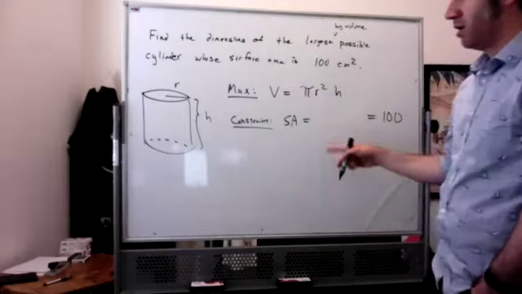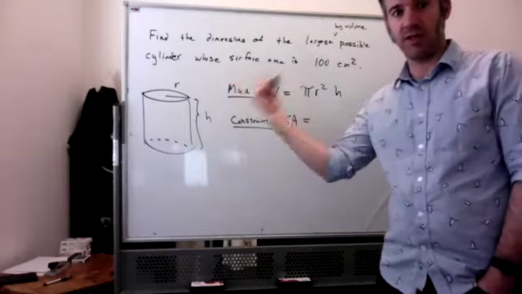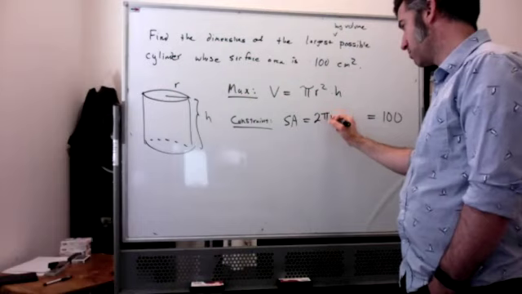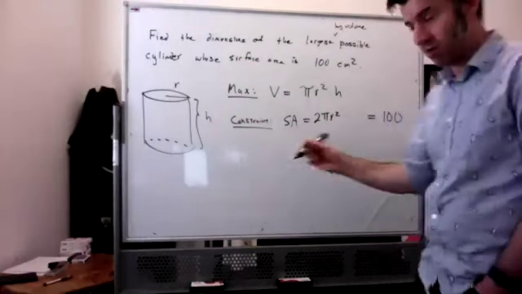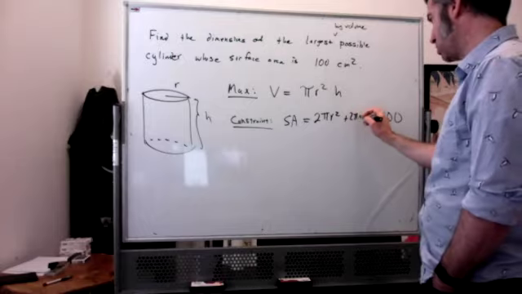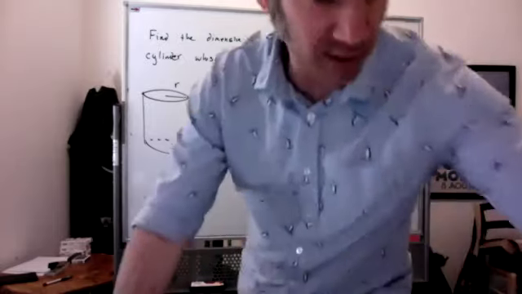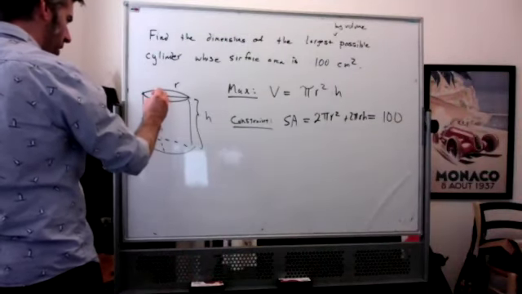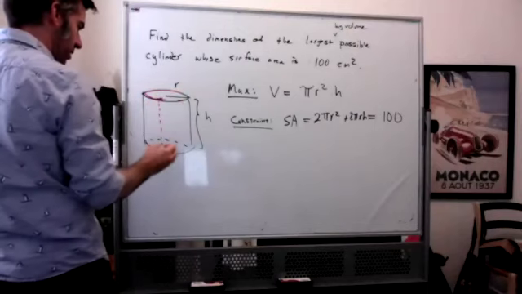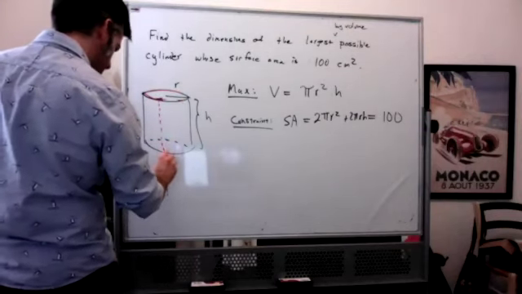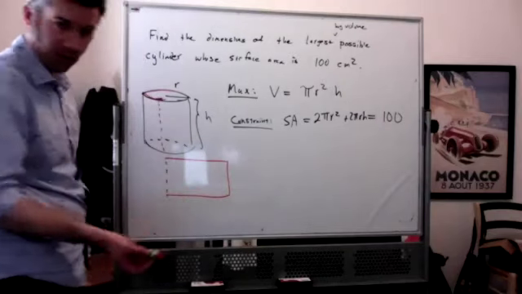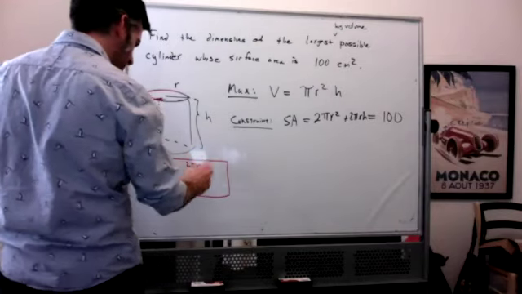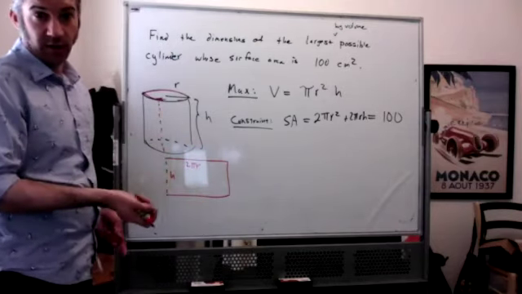Surface area, well, it's the bottom circle plus the top circle plus the around part. Bottom circle is pi r squared, top circle is pi r squared. And the around part, if you remember, is 2 pi r h. Because what I like to think of is, this is like a roll of paper towels. If you unwind one paper towel that goes exactly all the way around, well, that paper towel is a rectangle shape with a height of h and a length of the circumference, which is 2 pi r. So the area of the around part is exactly 2 pi r times